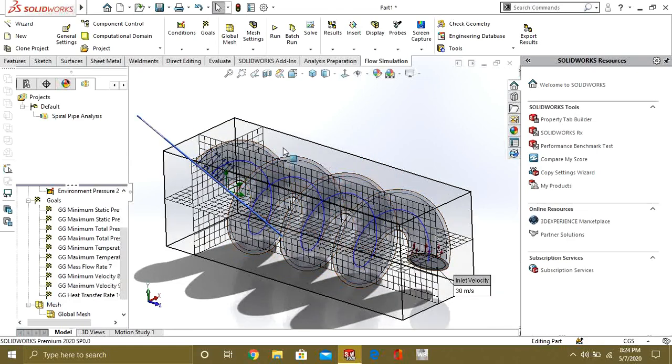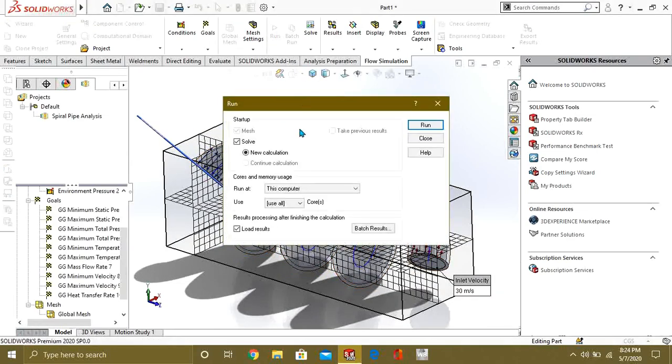Now what we will do is we are going to run this study. We are using a 4-core processor, so we will turn on all the 4 cores.